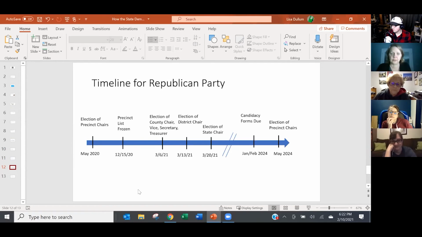So here's a similar timeline. But if you looked at the Democratic Party, this would say May 2018 instead of May of 2020, and this would say February 4th of 21 instead of December 15th of 2020. Then all these other dates, these 3 dates would be the same. And then again, this would be 4 years later from the 2020s, in the presidential year. So I was a little surprised to see that, because to me, that means the Republican Party in the state is a little bit more